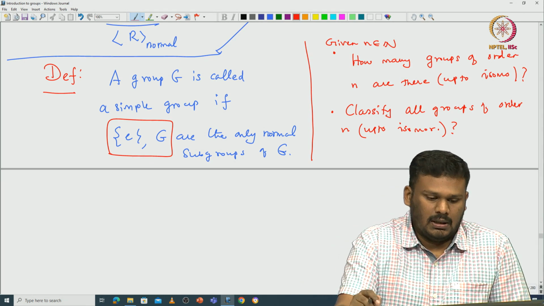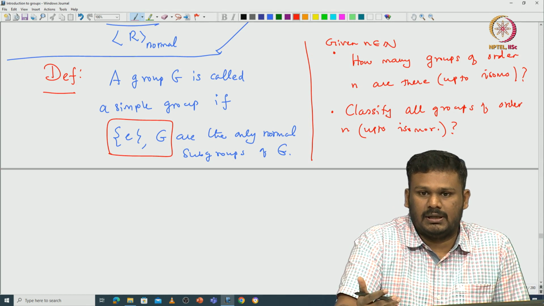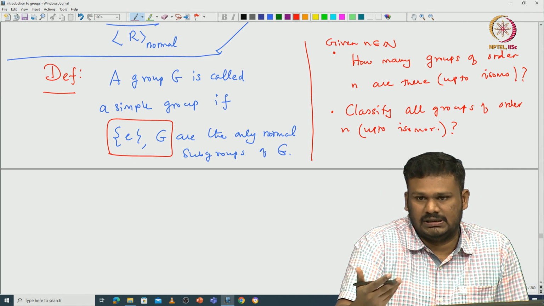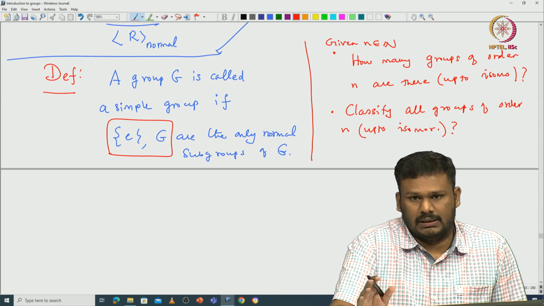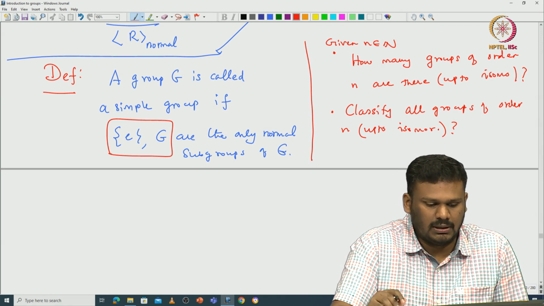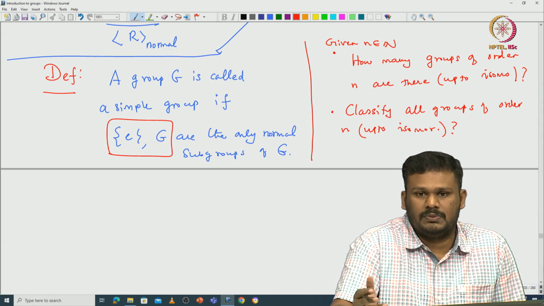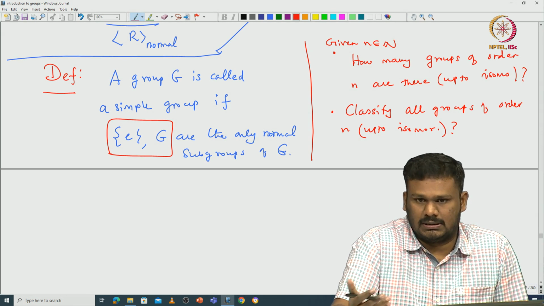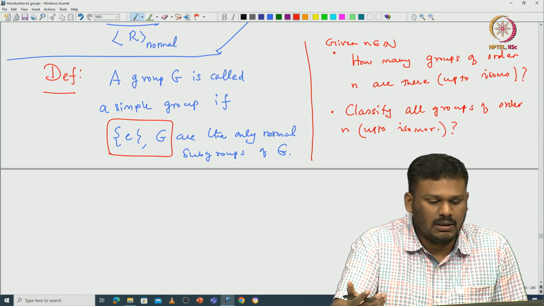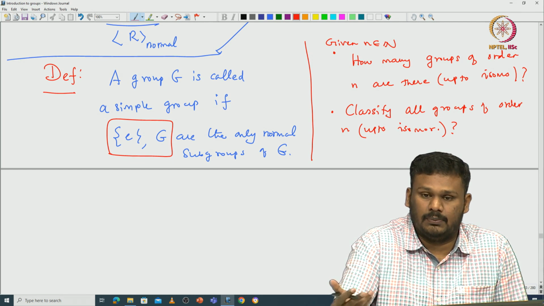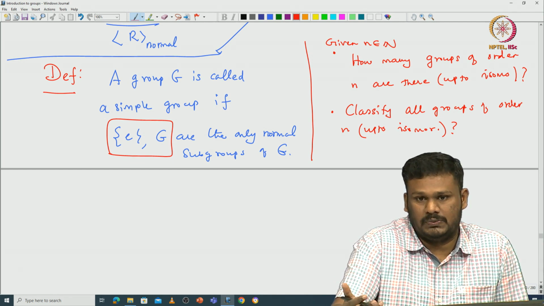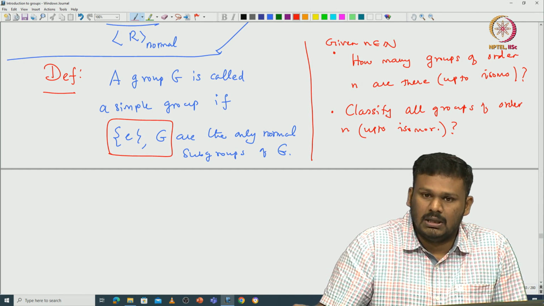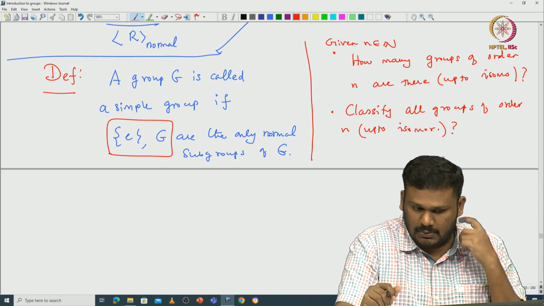But these extensions become very complicated. I will discuss these things a little bit at the end of the course. But given two simple groups, if you look at all possible extensions of those two simple groups, that is not something easy to understand. Even this becomes a complicated problem even for abelian groups. If you start with finite abelian groups and look at all possible extensions, that becomes a somewhat complicated problem.